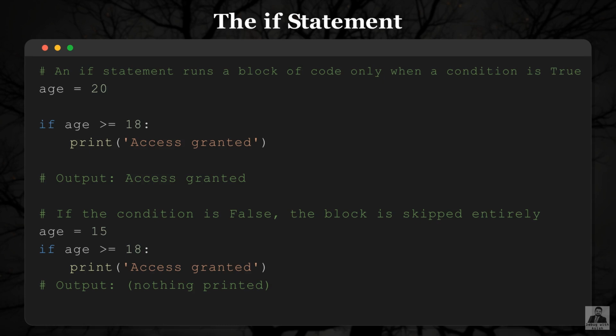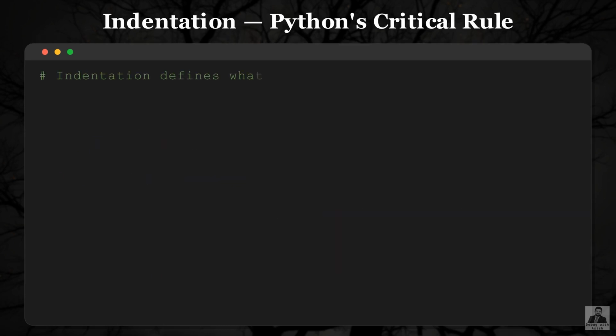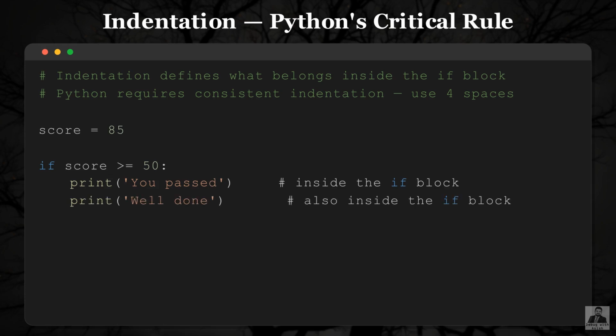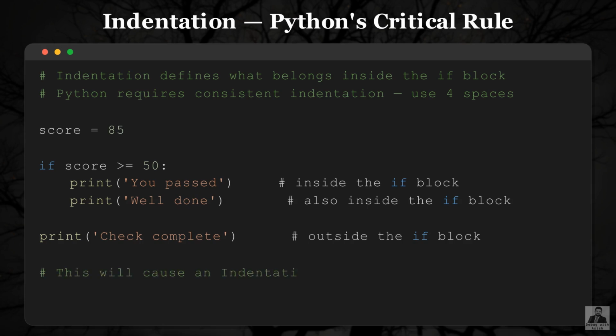Nothing is printed. Indentation is not optional in Python. It is how Python decides which lines of code belong inside a block. The standard is 4 spaces. Any line indented under an if statement is part of that block. Lines that return to 0 indentation are outside the block and run regardless of the condition. If you forget to indent after an if statement, Python will immediately raise an indentation error and your program will